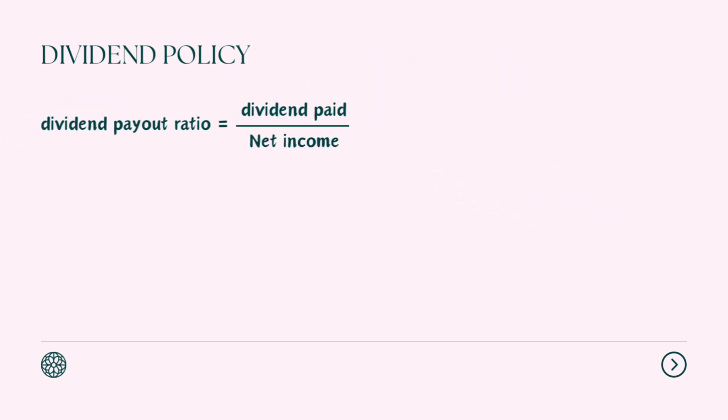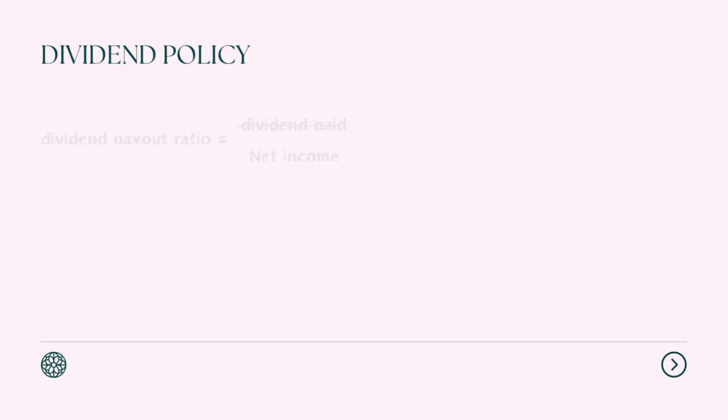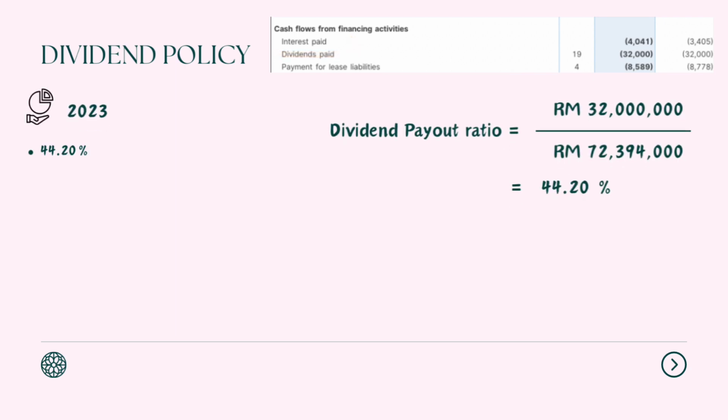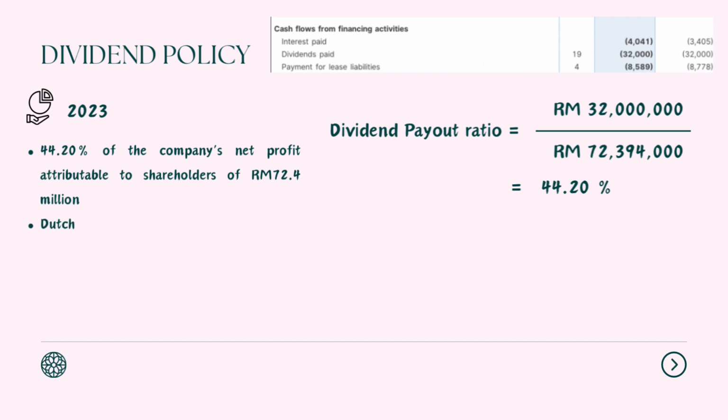Dutch Lady's dividend policy can be analyzed by dividend payout ratio, which is dividend paid divided by net income. And from dividend payout ratio, we can calculate retention ratio by 1 minus dividend payout ratio. As we can see, Dutch Lady paid a constant dividend in 2 years, which is 32 million ringgit in 2022 and 2023 respectively. This constitutes 44.2% of the company's net profit attributable to shareholders of 72.4 million ringgit in 2023, and